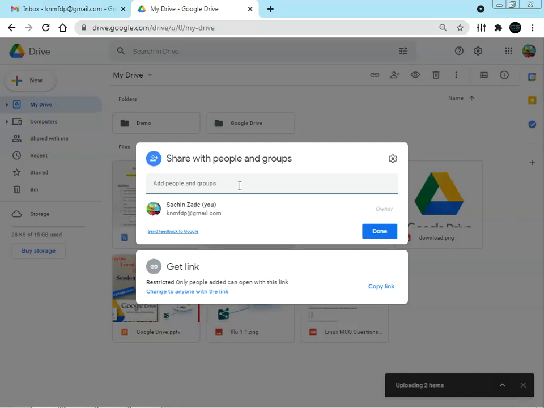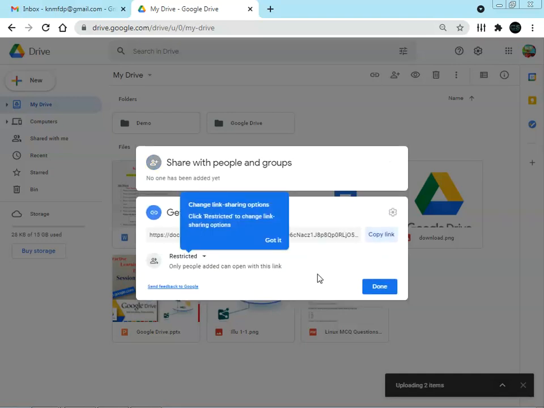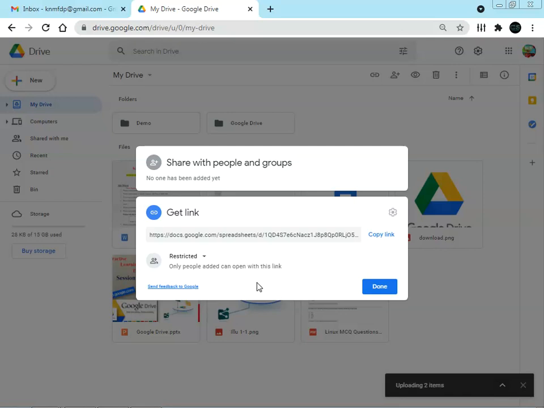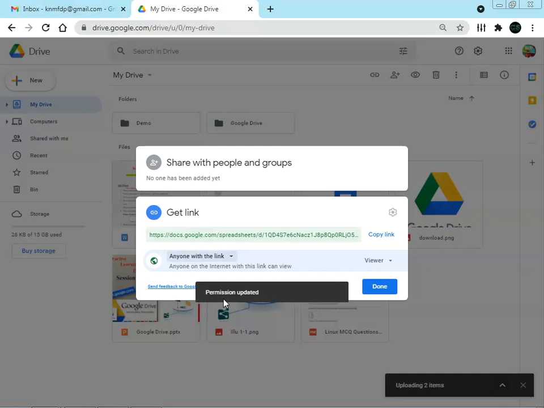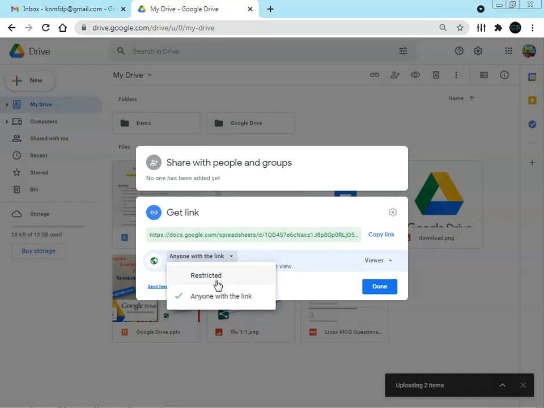And if we want to create a common link for all users, it means that if I share this link with any user, or on a WhatsApp group, suppose there are 256 persons in this WhatsApp group, all of them can access it. So in that case, you can create this link. To create the link, you have to set the restriction, restricted or anyone. If you select anyone, it means that if you copy this link and share it with anyone, that person can access it. If you select restricted, then we have to enter the email address, which means only that particular person can access it.